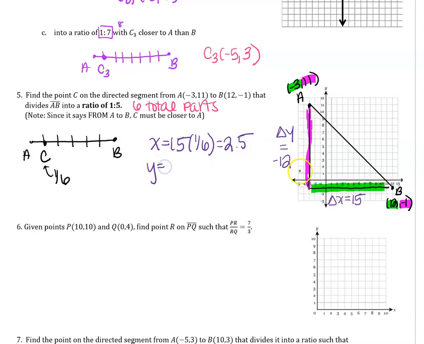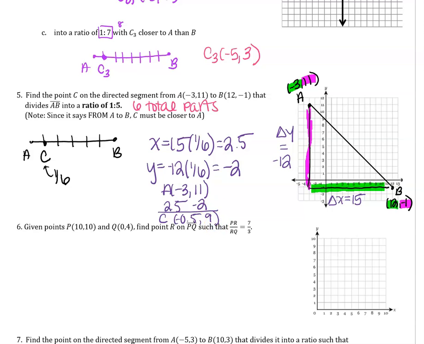Now how my y's are changing, I'm also going to scale that, where I take how I went down by -12, but then I multiply that by 1/6. That's -12 divided by 6, which is a -2. So from our coordinate A, which is -3, 11, I'm going to take this 2.5 and tack it onto my x's, because that's my x change. And then I'm going to tack on the -2 to my y's. And that'll help me locate C at